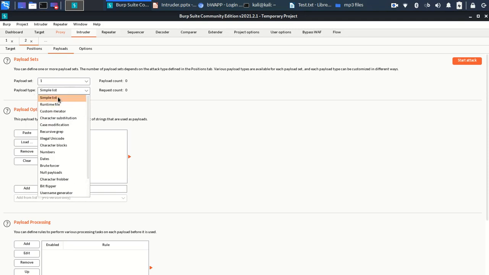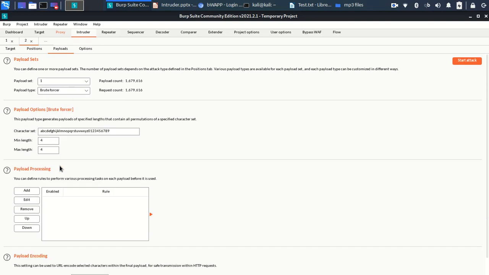Say I select brute force. The moment I select brute force, these are the default characters that have been selected by this Burp Suite Intruder, from A to Z and from 0 to 9. And this many combinations it will be trying, 1,67,900 and 6, like that.